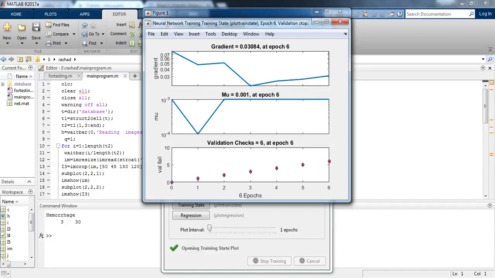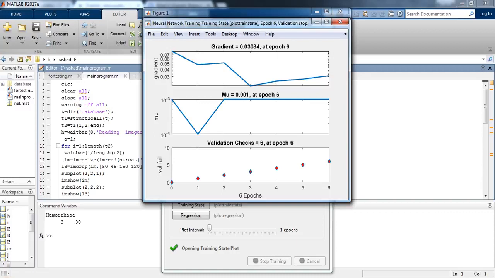We are plotting the gradient. We are getting the gradient 0.03084 at epoch 6, the mu is 0.001 at epoch 6, and the validation checks are 6 at epoch 6. You can see that here as well.